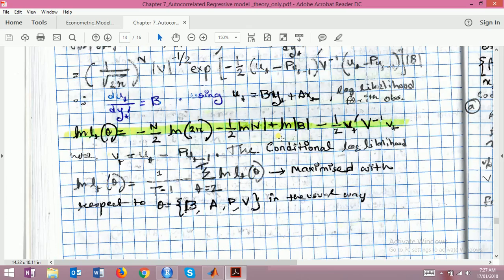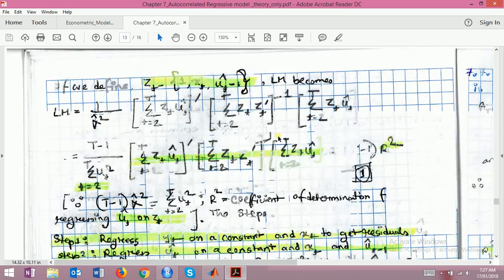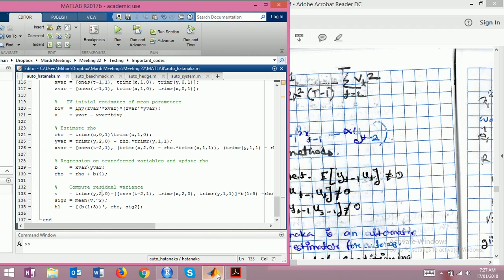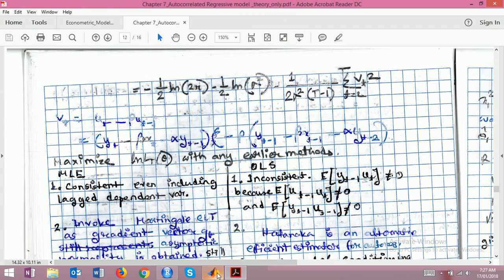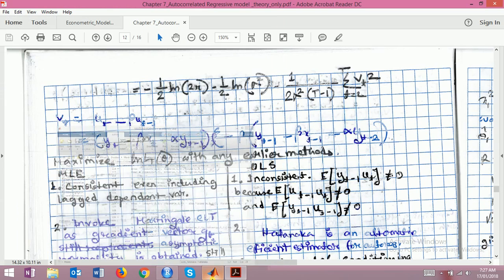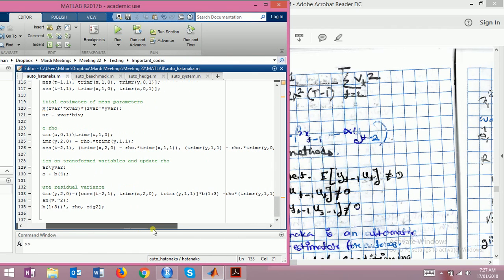Let me show you. This is v, ut minus rho ut minus 1, yt minus beta xt, alpha yt minus 1. Now let's see yt minus beta xt. So this is the yt part, trimmer yt0 minus beta xt. This is the xt part, beta multiplied to the xt part,